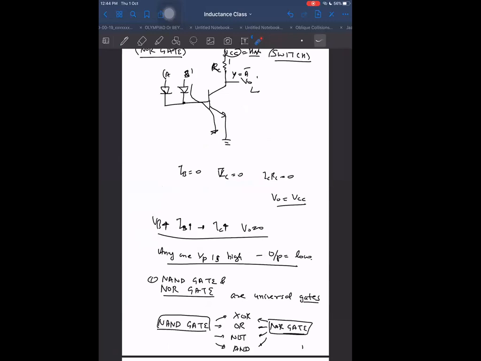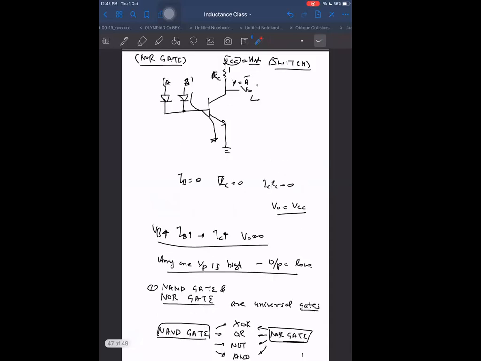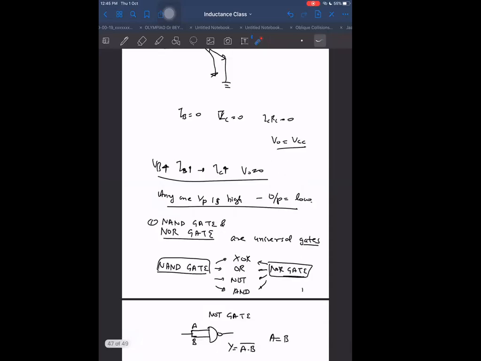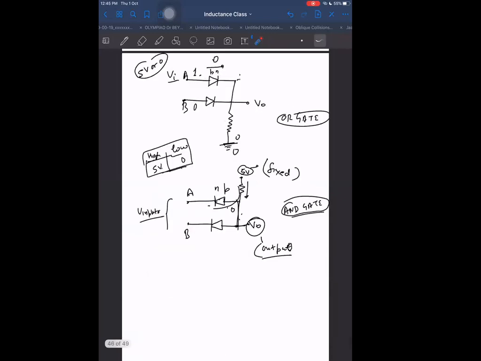It will be fast. Signal will take time to reach from one place to another, and that time will be reduced. Moreover, I will have to use fewer transistors or diodes in that. Then the circuit will be cheaper. So cheaper, faster, more efficient. Therefore, we try to minimize the expression. We don't want a big expression. Smaller expression means a smaller number of gates used. Done? Yes, sir. Okay then.